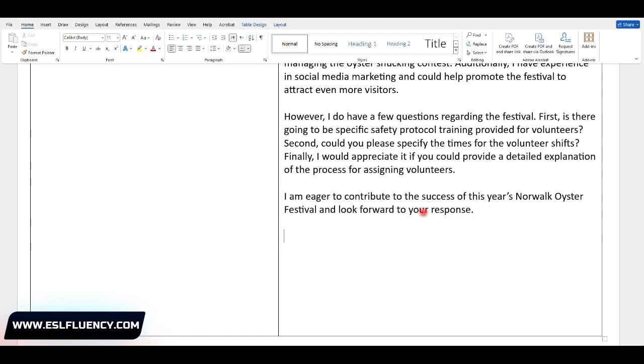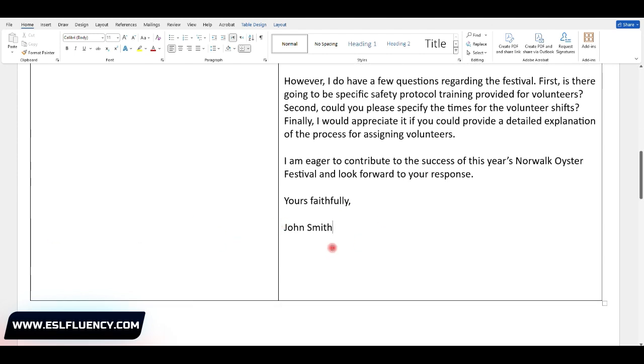Yours faithfully. Since I didn't know the name of the recipient, I use yours faithfully. You can write any name, but this is a formal letter, so your full name here, John Smith, for example. Yours faithfully, John Smith.